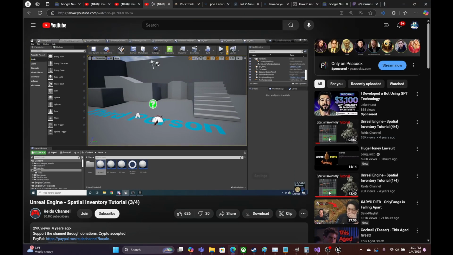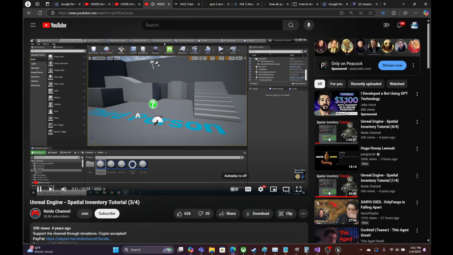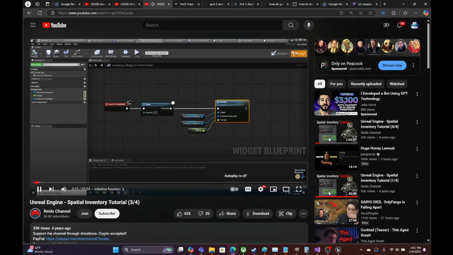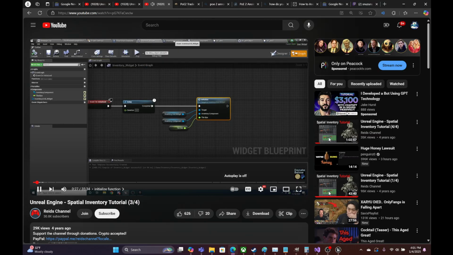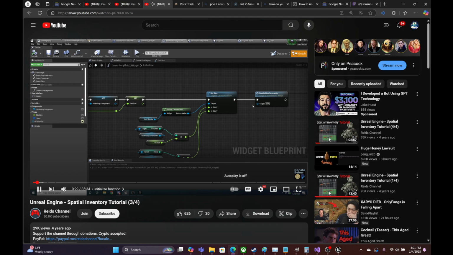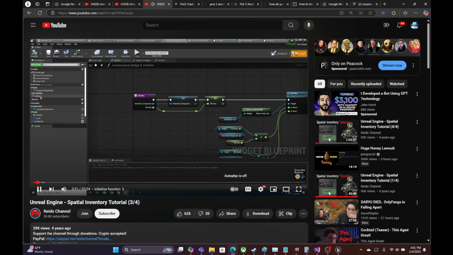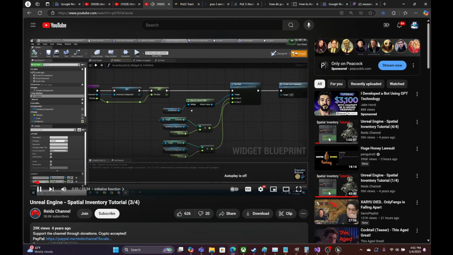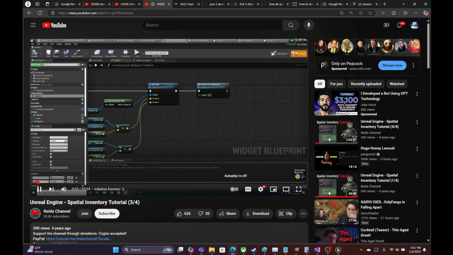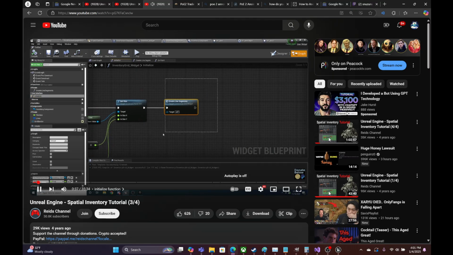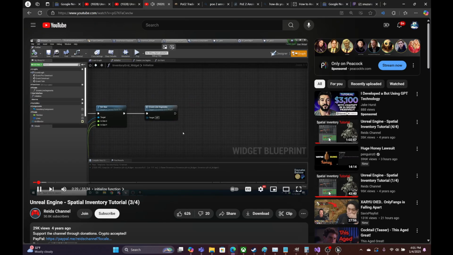So to do that, let's go to our inventory widget. And actually, let's go to our inventory grid widget rather. And we want to go inside of the initialize function. So go to the initialize function. And we kind of left off here where we created the line segments. So the next thing we